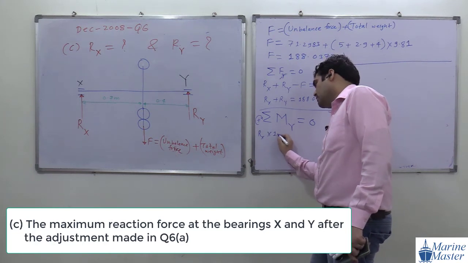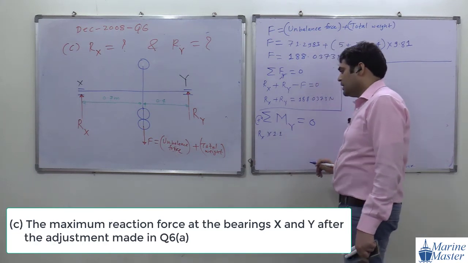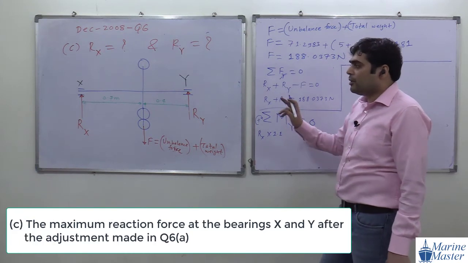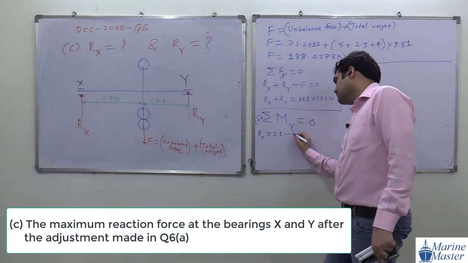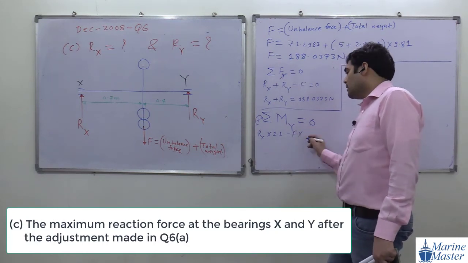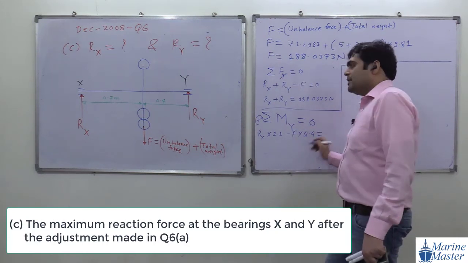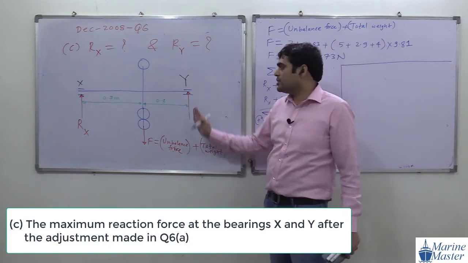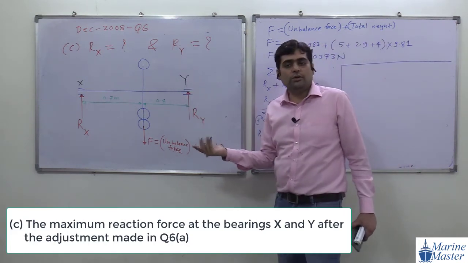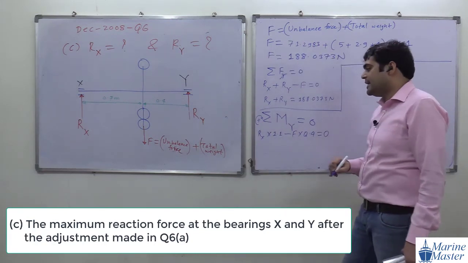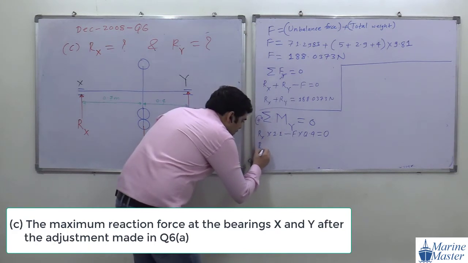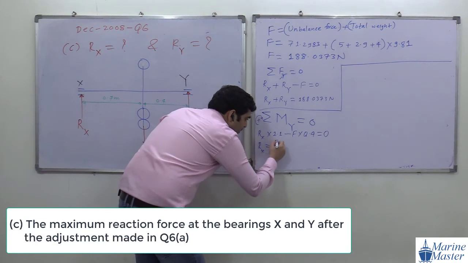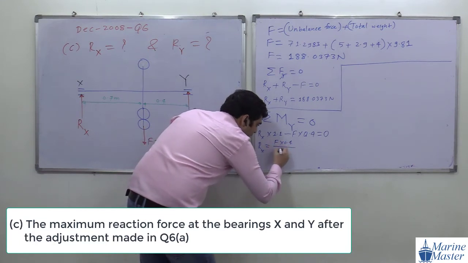1.1. Okay, good. Then what about the next force F? Clockwise or anti-clockwise? The distance is 0.4. And what is the effect of Ry? It will not come because it acts directly at the point, so its moment is 0. So I will not take that one and will take it directly as 0. So what will be the value of Rx here? Rx will be F into 0.4 divided by 1.1.